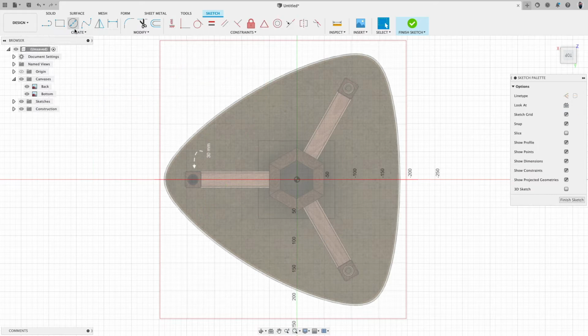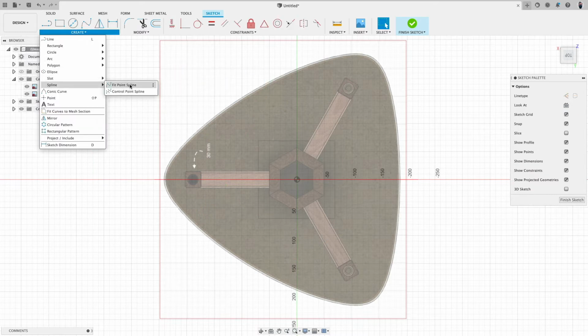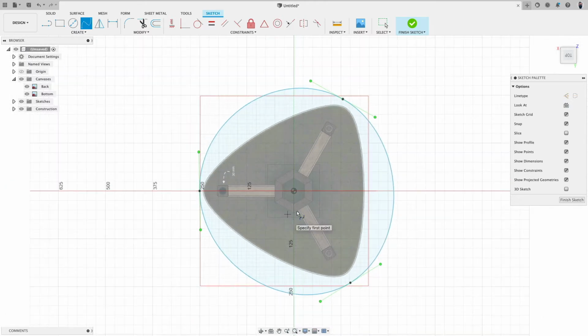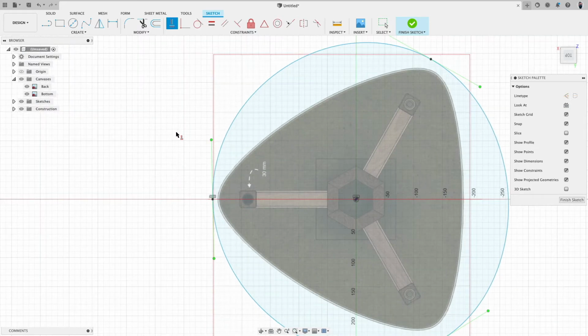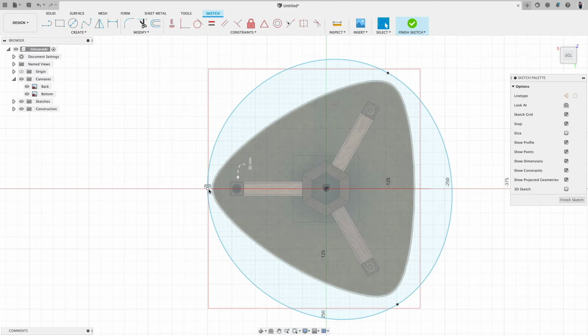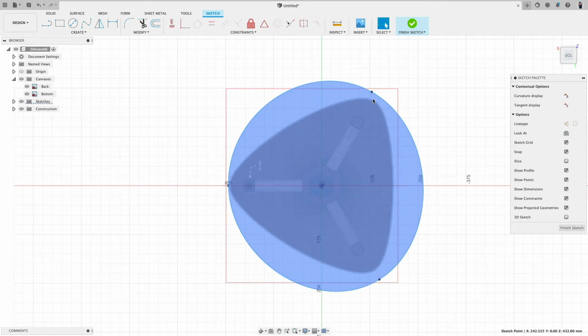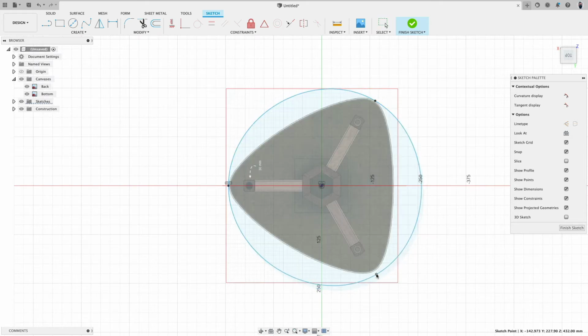We actually will settle for the fit point spline. So we'll show you something quite interesting. So we also have snap on. So I click, click, click very loosely and click. There we are. Now at this point, I would like to be horizontally constrained to our sketch center. There we are. And escape. Then I can bring this a little bit closer. Very good. This point I bring to there, and